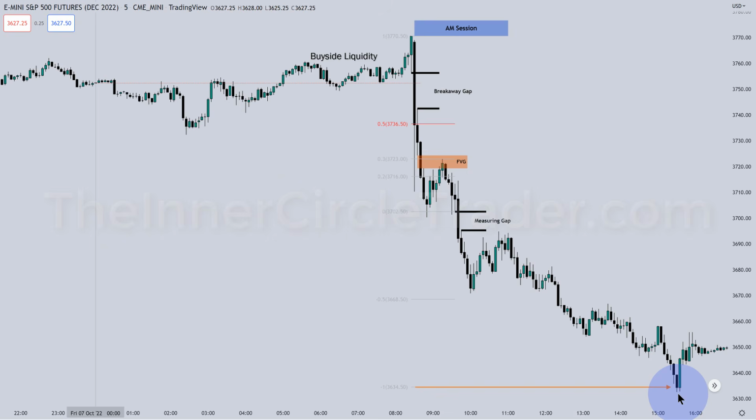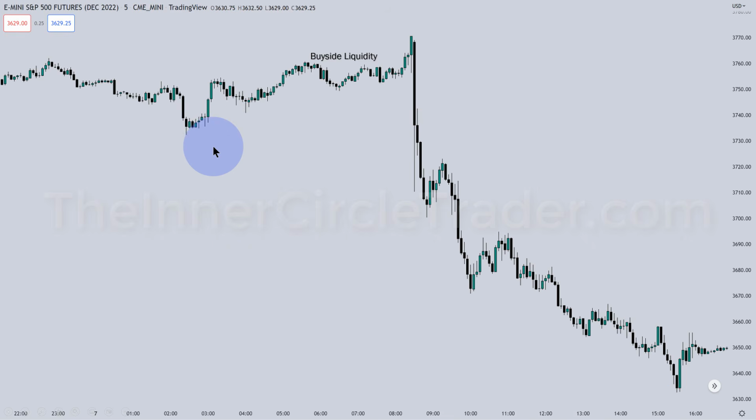But now, while we're on the subject of gaps and why this doesn't get traded back up into, it's a measuring gap. Measuring gaps tend to stay open, just like a breakaway gap does. Why is this a breakaway gap? Because we went to a level of buy-side liquidity, and then it took off and went lower, and this is going to stay open. When this low is taken out with this candle here, and then we close there, and we open, rally up a little bit, and create that gap. Once price trades down to this low here, on that candle,